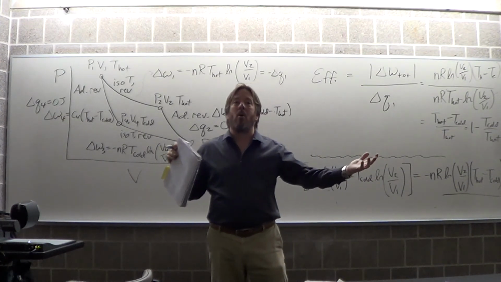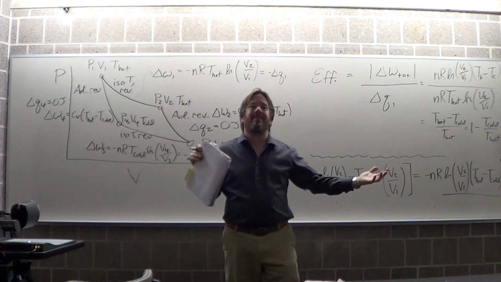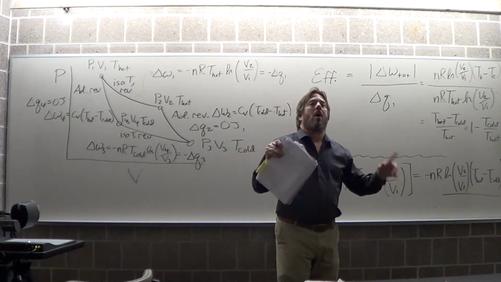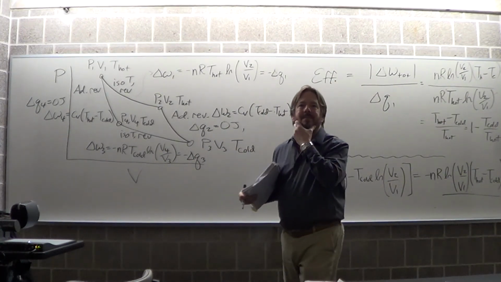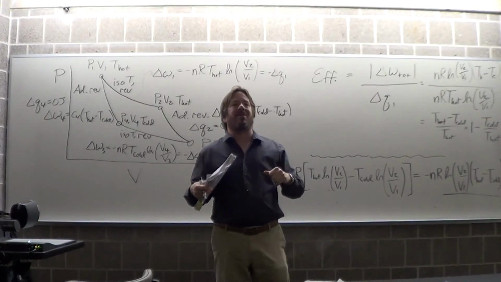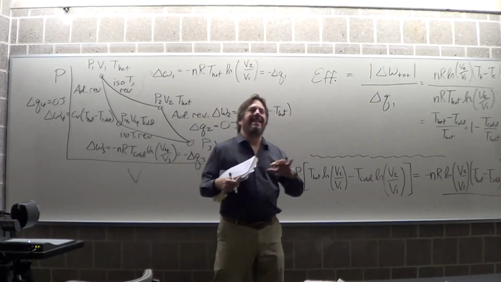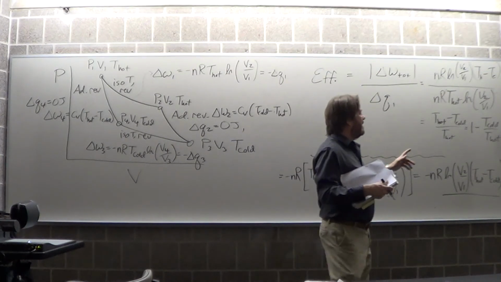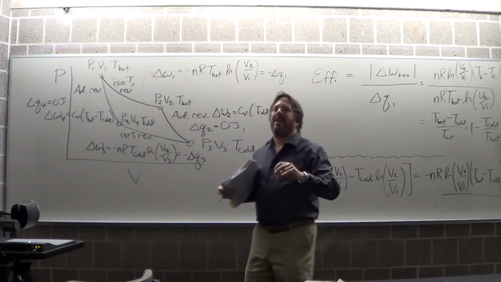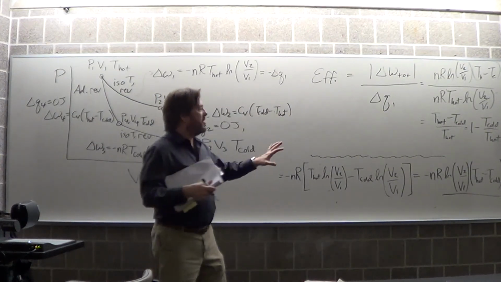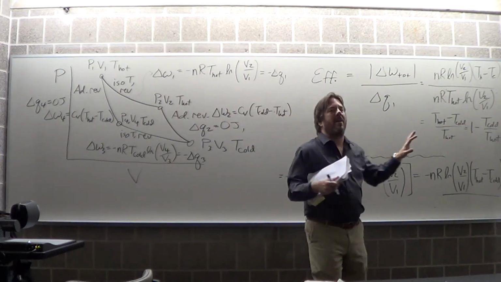Is it better to have a colder tailpipe? Right, that's your heat sink. Why do airplanes fly at 30,000 feet? Yes, the temperature is cold. So that's actually why airplanes fly that high. It's an engine efficiency thing, and it all comes from here. Okay, so again, next time we're going to finish Carnot Cycle and do a little